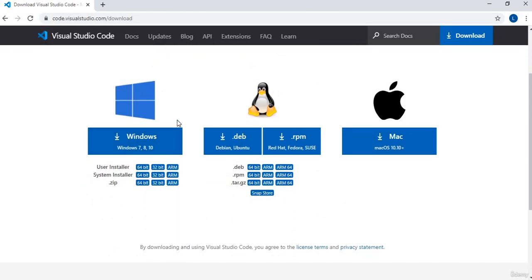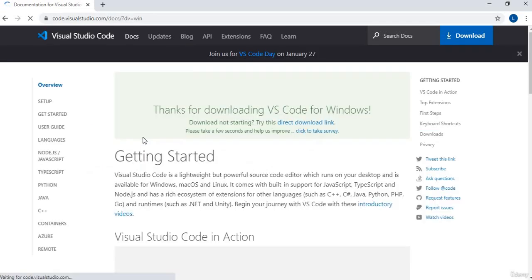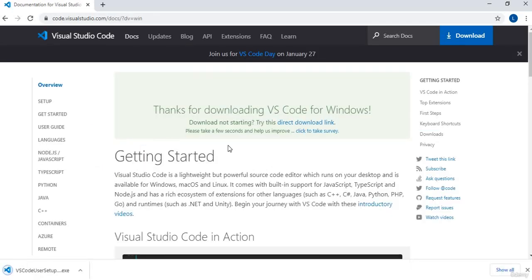We need to choose as per our OS, like in case we have Macintosh we can use this setup, in case we have Linux or Unix accordingly we can choose from here. Because I have Windows, I will be downloading the Windows version. Click on this and it will download as per our OS. Like if our OS is 64-bit, it will download that 64-bit. In case of 32-bit, it will download accordingly.